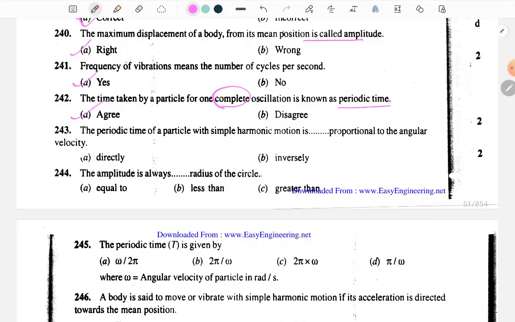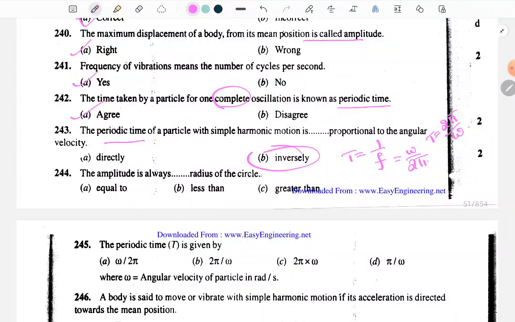Periodic time of a particle with simple harmonic motion is, say, T is equal to 1 by, so this is equal to omega by 2 pi. So if you write what is asking, periodic time, then T should be equal to 2 pi by omega. So now the periodic time of a particle with simple harmonic motion is inversely proportional to